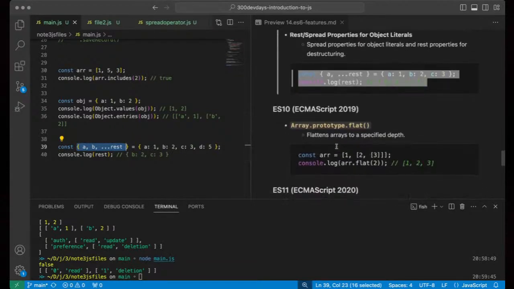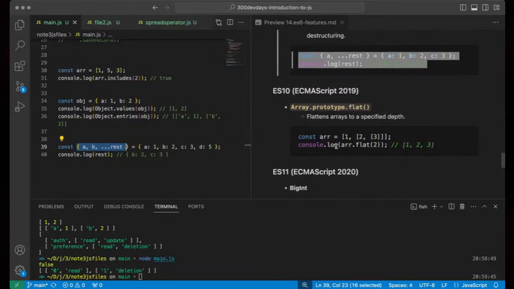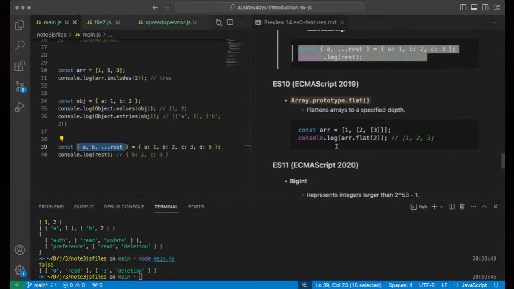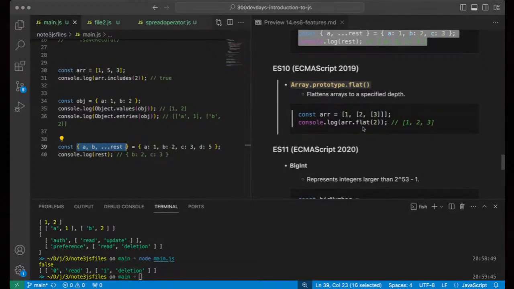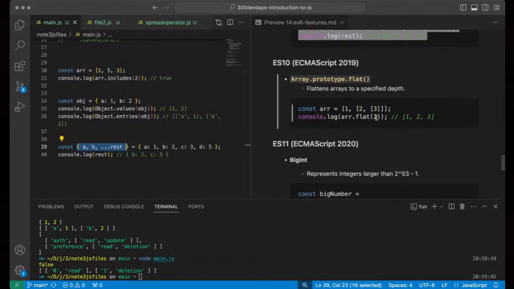Now we also have array.prototype.flat, which basically flattens an array to a specified depth. We'll cover the details of this in a different class. What this is basically trying to do is flatten. Take a look at this. We have nested arrays here, and if you decide to flatten this by 2, it is basically trying to take off some of the nesting, in depth. So it's going to perform that flattening down to the depth that you specify.